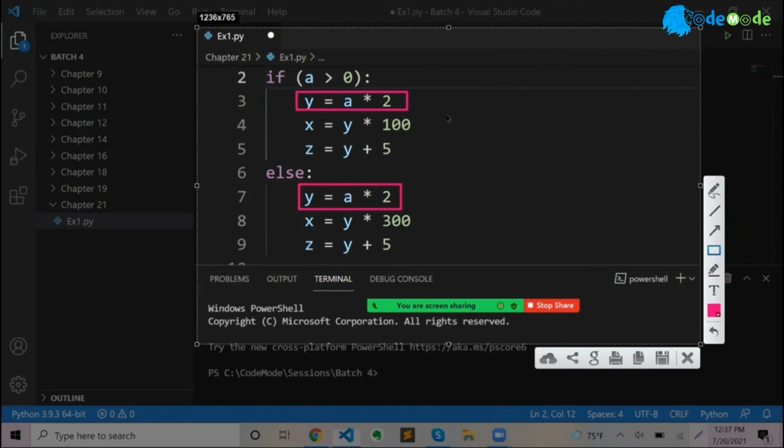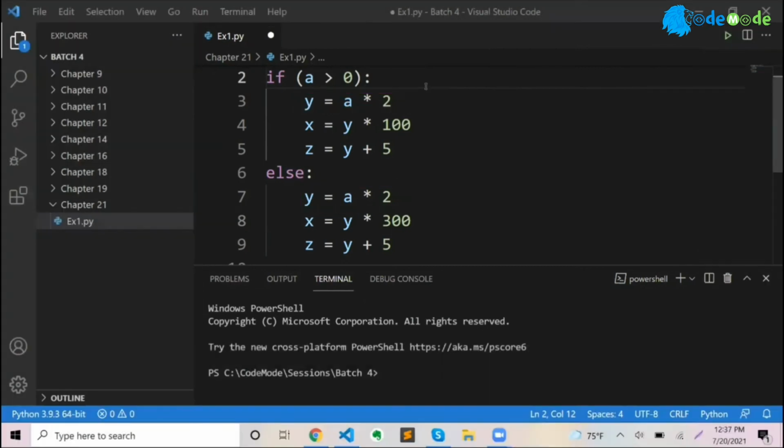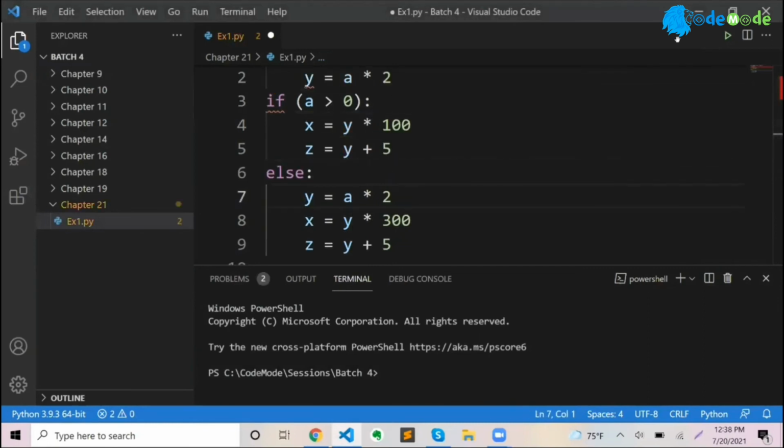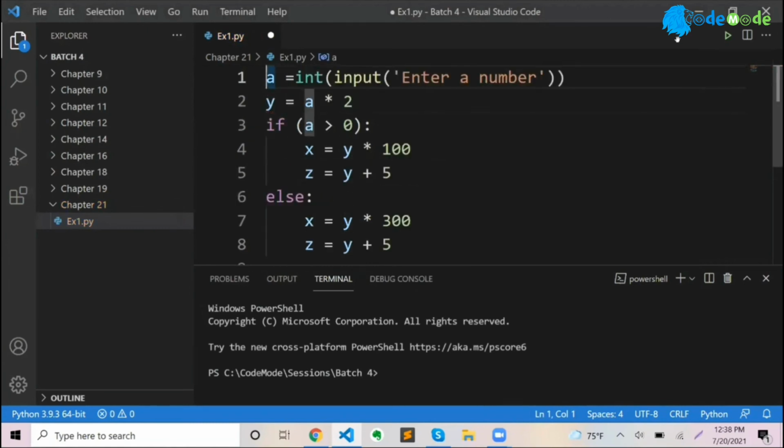So you want to move this before your if statement. Okay? You want to take this before your if statement, delete this, and bring it to the same level, right? Because as soon as you receive A, you are multiplying by 2, irrespective of whether A is positive or negative. So you want to do that just before if else. It doesn't have to be between if and else both.